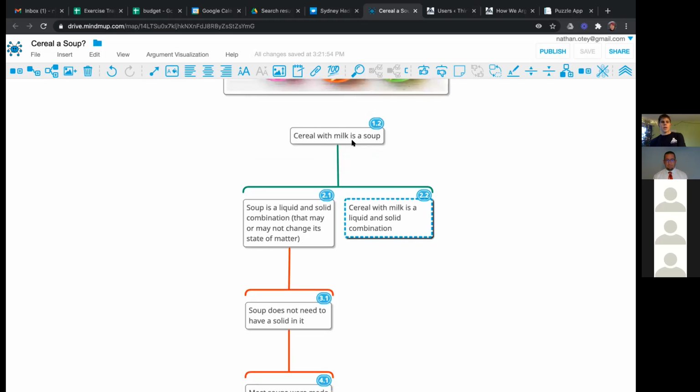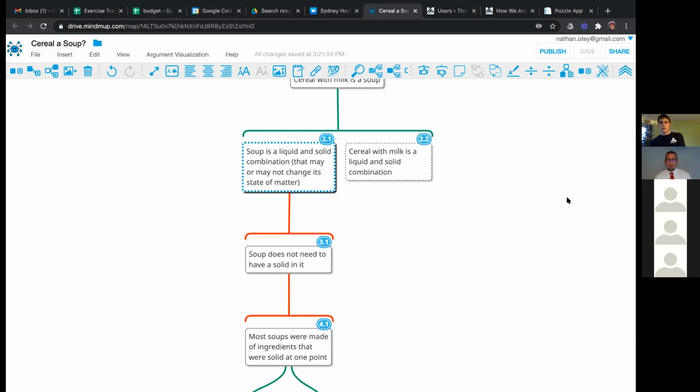So Bruce wants to challenge the definition that soup is a liquid and solid combination. So would we be okay with accepting that stew is a soup? Great. Go ahead, Deb. No, I just said I would accept stew as a soup. Great. So this could include stew too. So we got a very conclusive definition of soup.